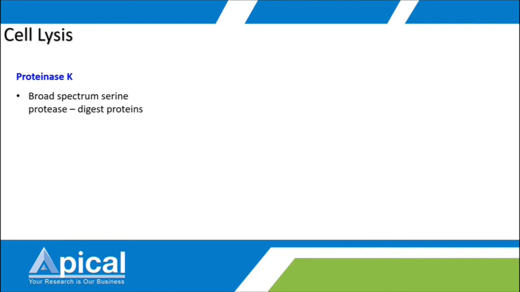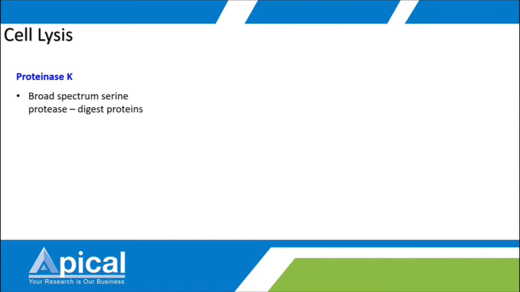With this function, it also digests nuclease. Nuclease is the one that will degrade the DNA. If you're working on RNA, it also degrades RNA. So in other words, this enzyme protects DNA from degradation